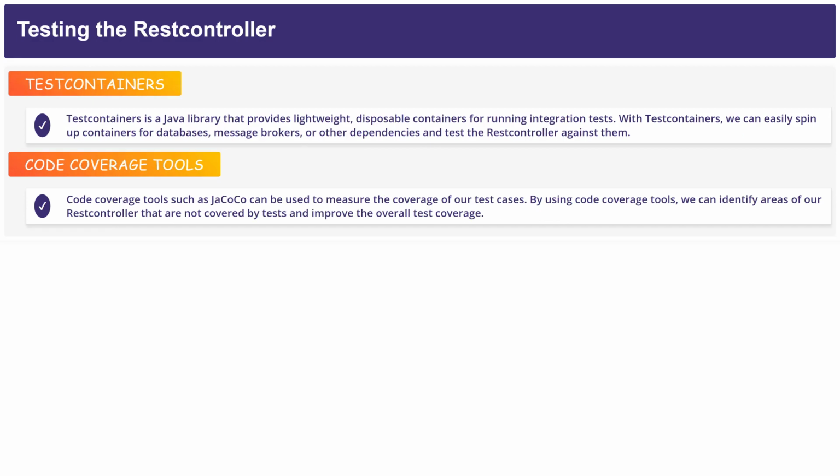The next point is about Testcontainers. It is a Java library that provides lightweight, disposable containers for running integration tests. With Testcontainers, we can easily spin up containers for databases, message brokers, or other dependencies and test the REST controller against them. The last point is about code coverage tools. These tools, such as JaCoCo, help measure the coverage of our test cases. They allow us to identify areas of our REST controller that are not covered by tests and improve the overall